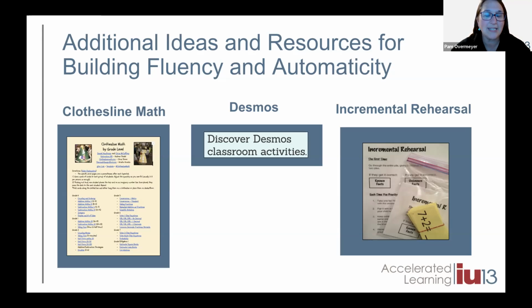There is a video link to this as Christina created the slides. She linked the video to it. It's under the work of Dr. Matthew Burns. Basically you go through known and unknown facts. You have a pile of 10 that you then pull, 9 of them being known facts, 1 of them being an unknown fact. That unknown fact goes in the front and you incrementally rehearse that. If you watch the video, it will give you an idea of how you go back and forth with using the cards. But I encourage you to do the drill and thrill with your students using the incremental rehearsal.